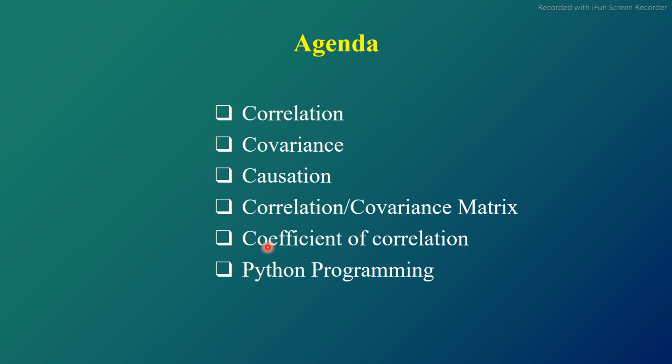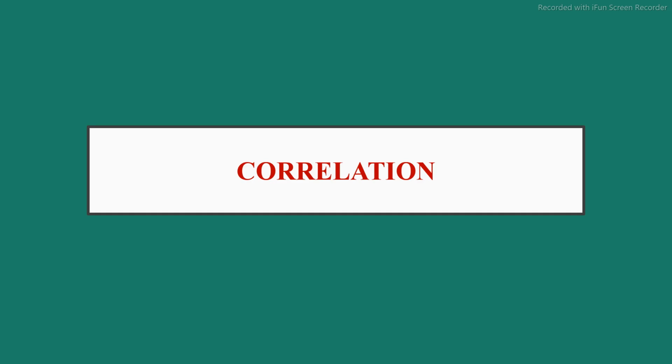And I'll show you through Python programming how you can create correlation matrix and how you can check correlation between two variables. Because correlation means, obviously, co means two, between two. You cannot find correlation between three variables. You have to pick two at a time and neglect others. Okay, so coming to this correlation,